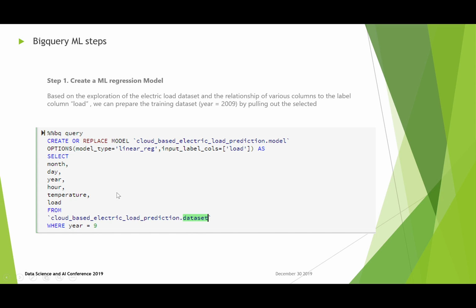The create model clause is used to create and train the model named cloud-based electric load prediction. The options clause indicates that you are going to use the model type linear regression, which is going to build a linear relationship between the input data and the output data. We set the input label column as load. That is, we are going to predict the load based on the input schema variables. All the input schema variables are retrieved by the select clause,